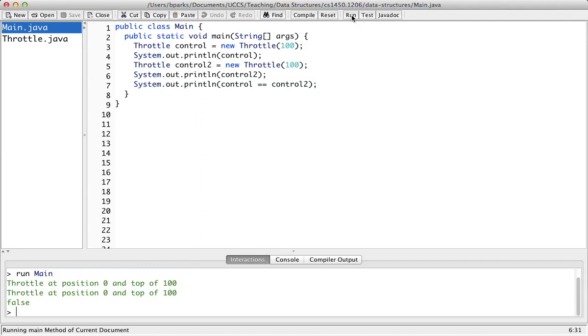It prints out false. And the reasoning you gave is correct. It does create Throttle objects with the same constructor parameters, but because it actually calls the constructor twice, it creates two different objects which are in two different memory locations. Control points to one and control2 points to the other one. And if we